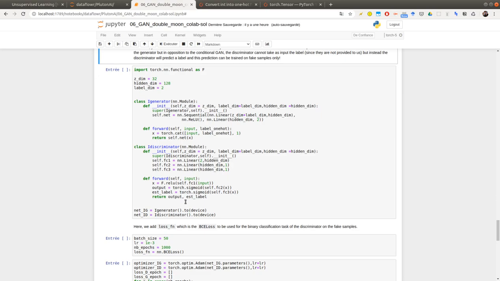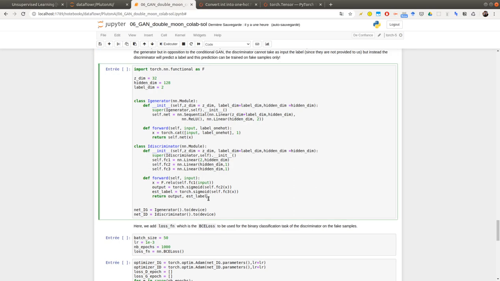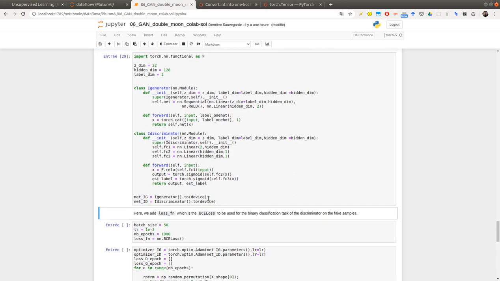And now we can learn also this part, because on the fake data point we know which label was used in order to generate them. So this is how you will learn this part, but of course on the real dataset you have no way to learn the estimated label. So you will do it only on the fake part.